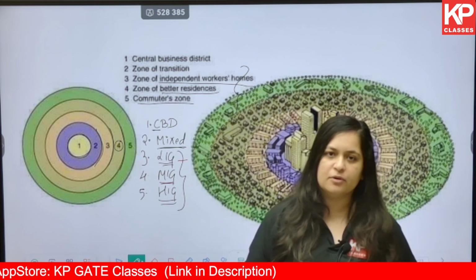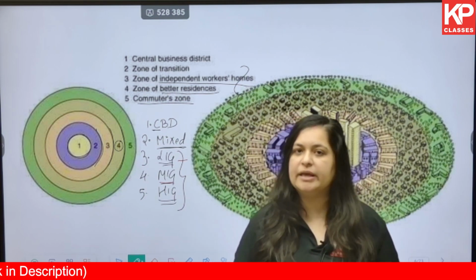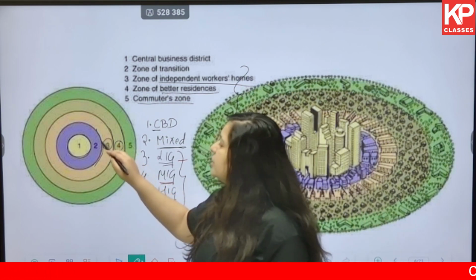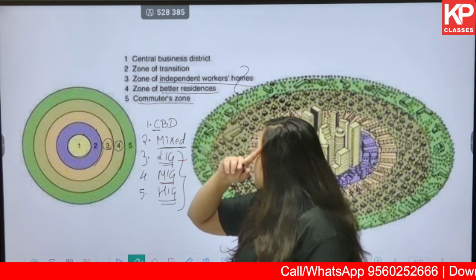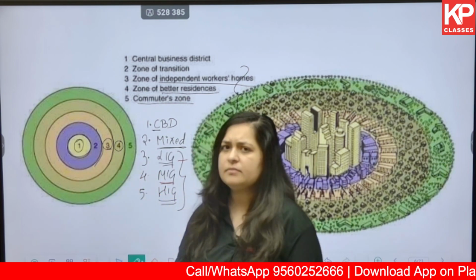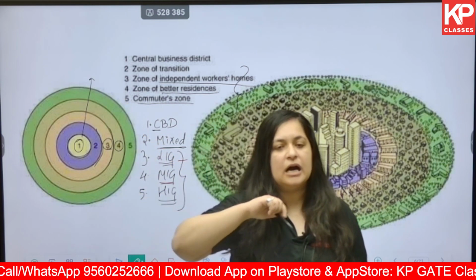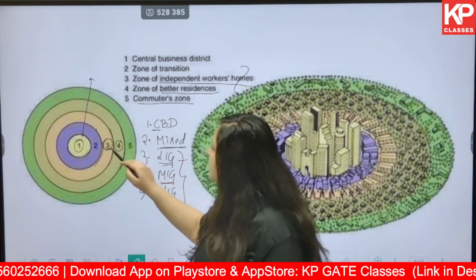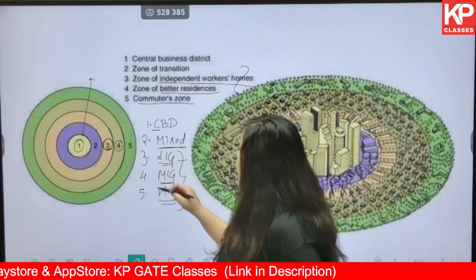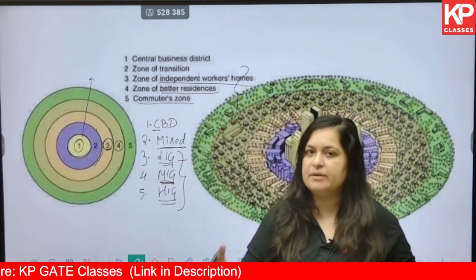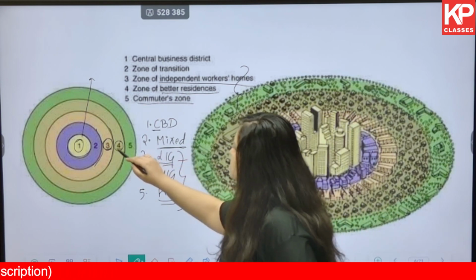MIG meaning medium income group. So they want to live away from the congestion. They want bigger dwelling units. Now with congestion, you can also understand that the land rates in this particular zone are very high because we have the CBD over here. Okay. So land rates decrease as we move further from the CBD. Now LIG people, if they are staying very close to the CBD, they live in smaller dwellings. Okay, that is something that the MIG does not want. They want slightly bigger land or dwellings in general. So they stay in this zone of 4.